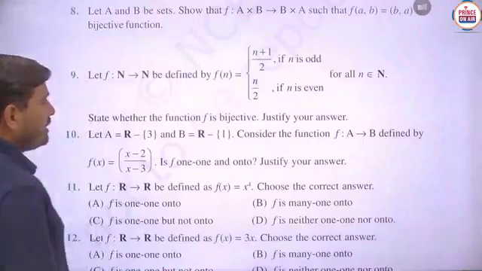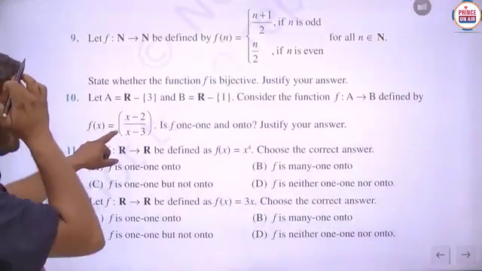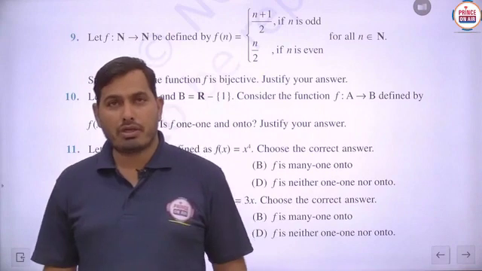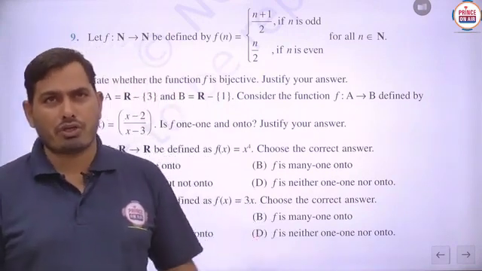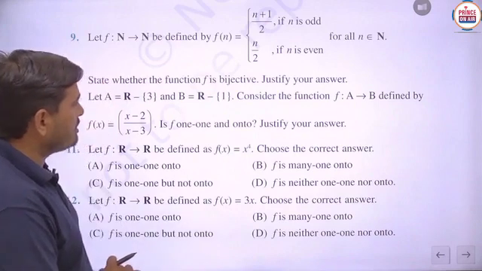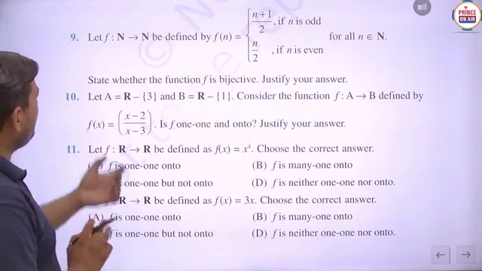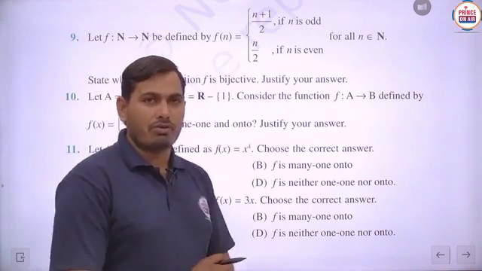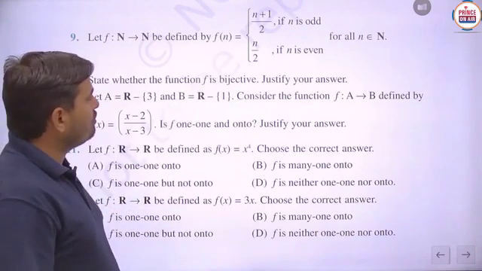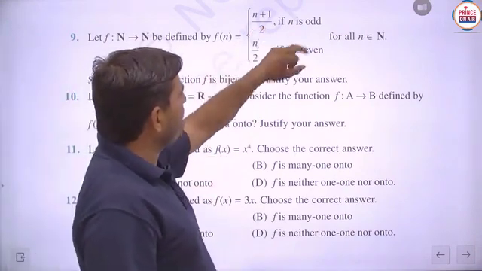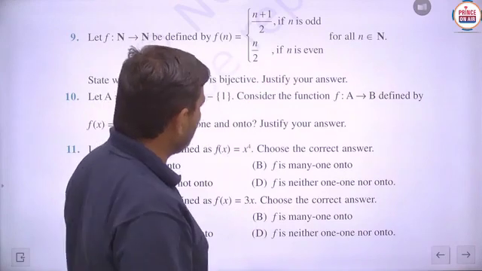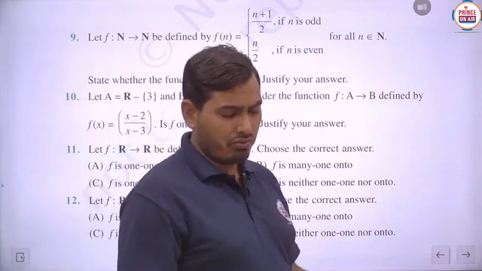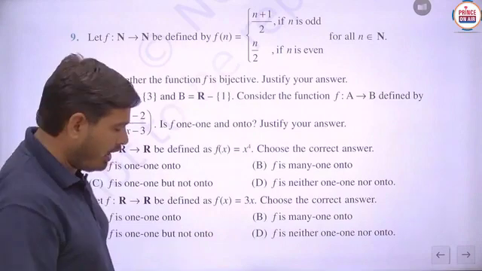So the next question, number 9, you can see here, is a very important question. Many times in the examination this particular question is asked, so we have to see the solution carefully, because many times this question is asked in the examination. This question number 9 says that f is given from natural number to natural number, means f: N to N, where N is the set of natural numbers, and defined as f of n equals (n plus 1) upon 2 if n is odd, and n by 2 if n is even. Then state whether the given function is bijective or not, and we have to justify the answer also, means we have to give the corresponding reason.